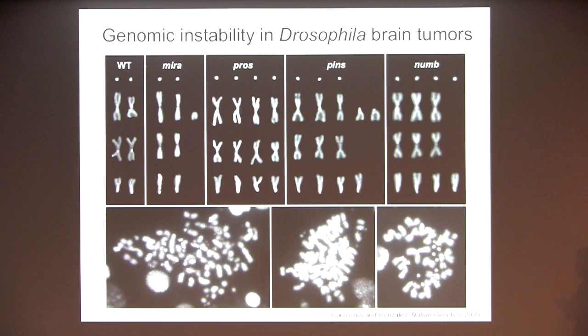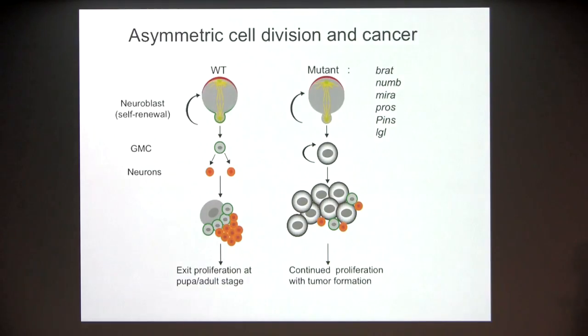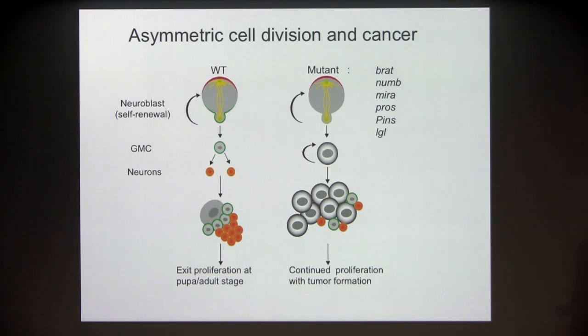So these tumor suppressor genes that I listed here are known to be involved in asymmetric cell division. So basically in Drosophila, it's very well known that if there is a failure in asymmetric cell division, there is a cancer in those flies. So this is just a very simplified cartoon, just to show you how the wild-type neuroblast, which is a stem cell,